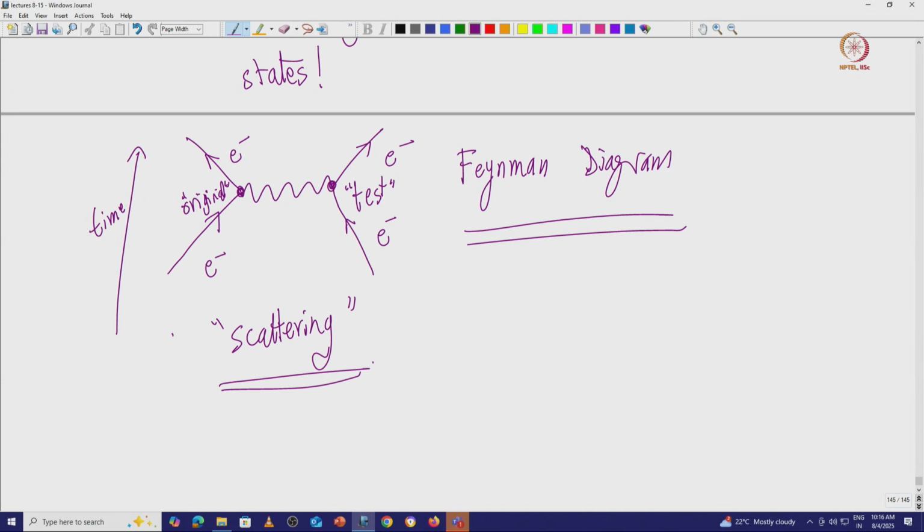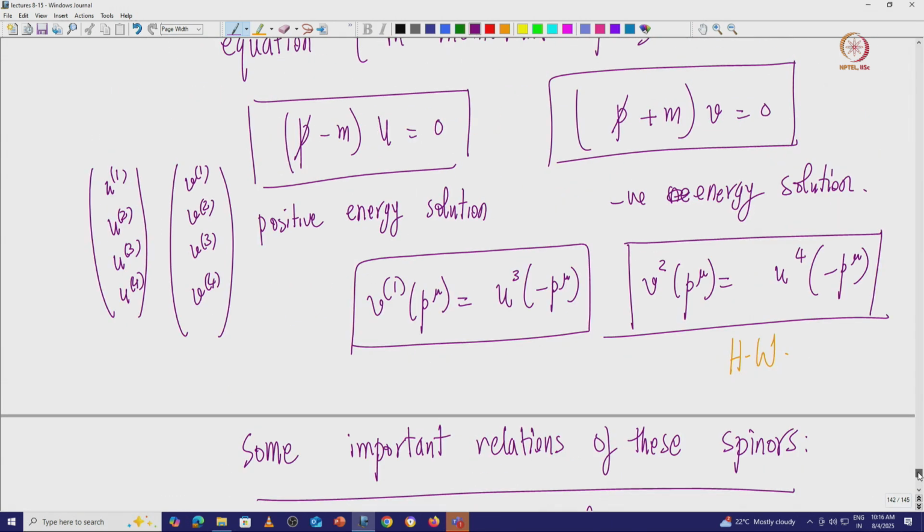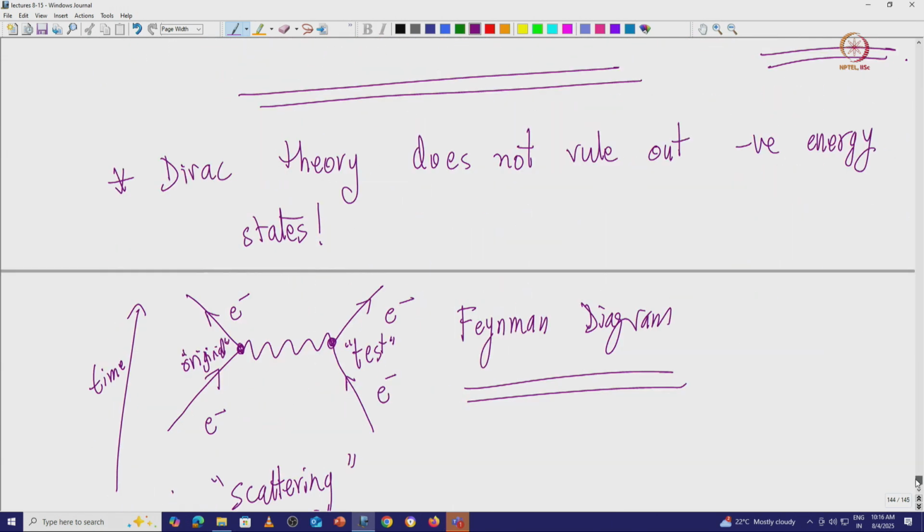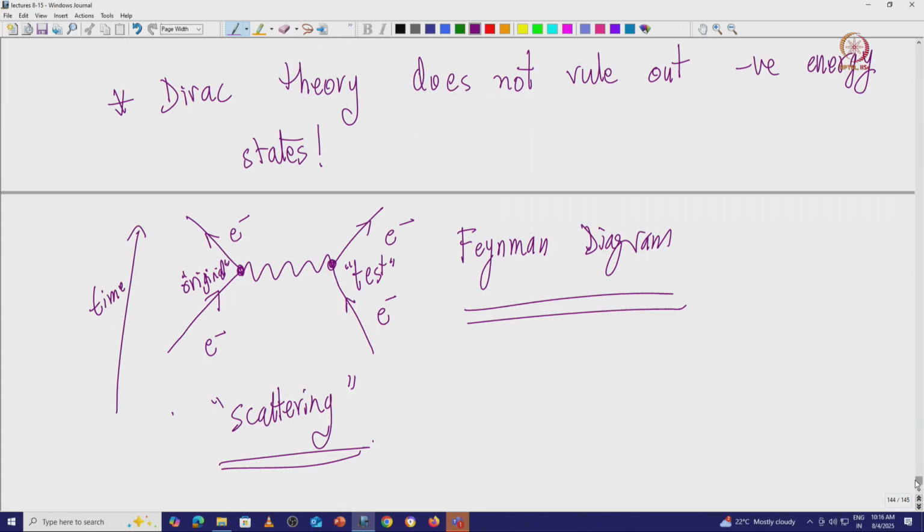What these orthonormal relations ensure is that when I compute the probability of such a process, say a simple scattering process, the scattering process amplitudes are correct essentially. So the orthonormal and completeness relations ensure that these processes in general have probability which is conserved, essentially they make sense, the probabilities are sensible. So you do not have unphysical results essentially.